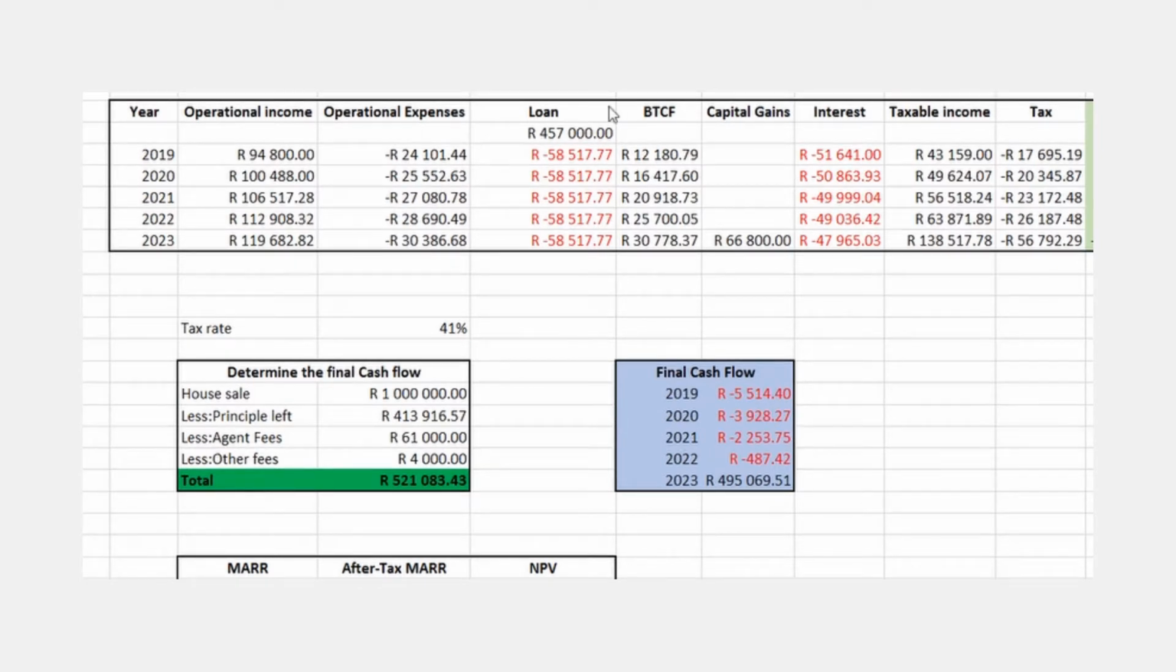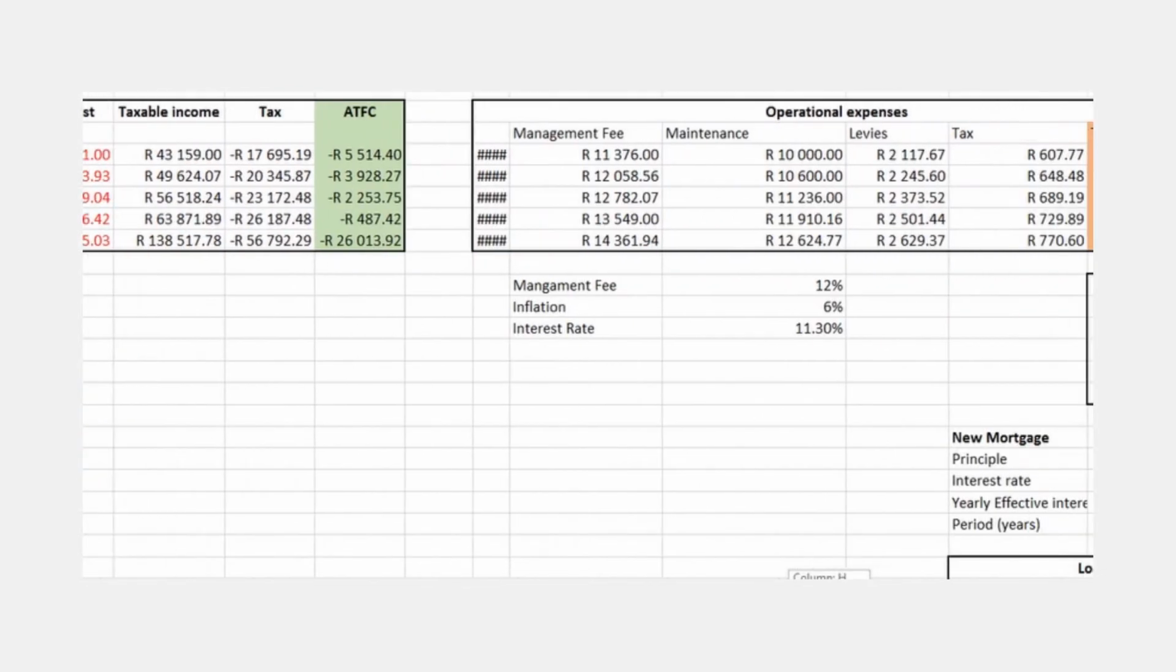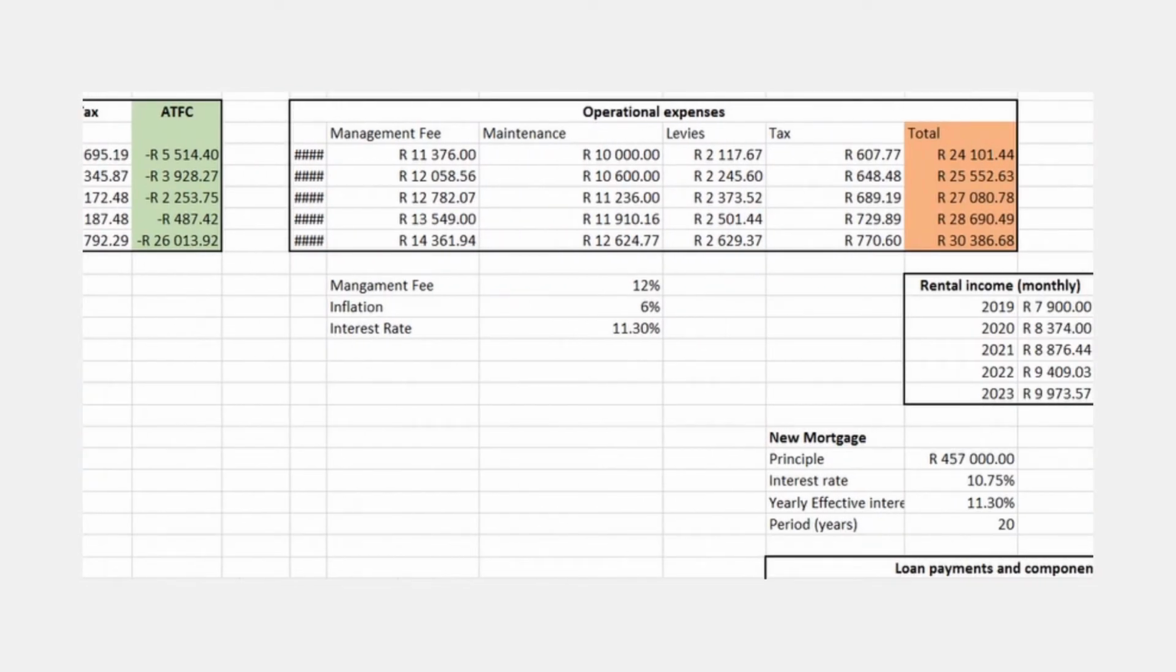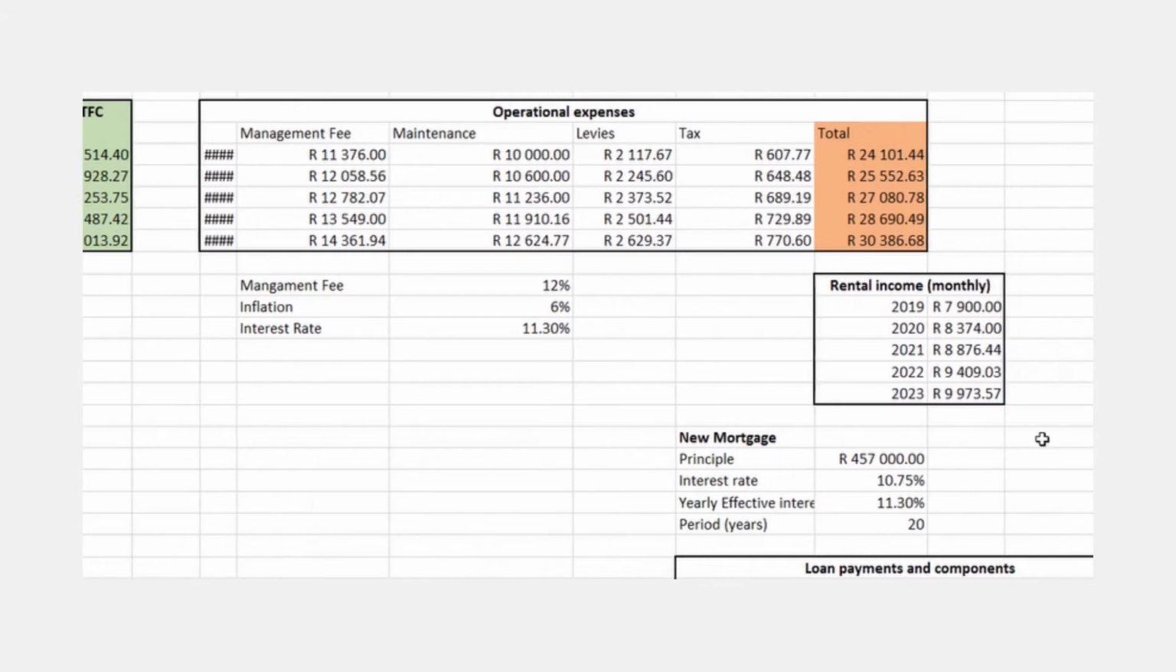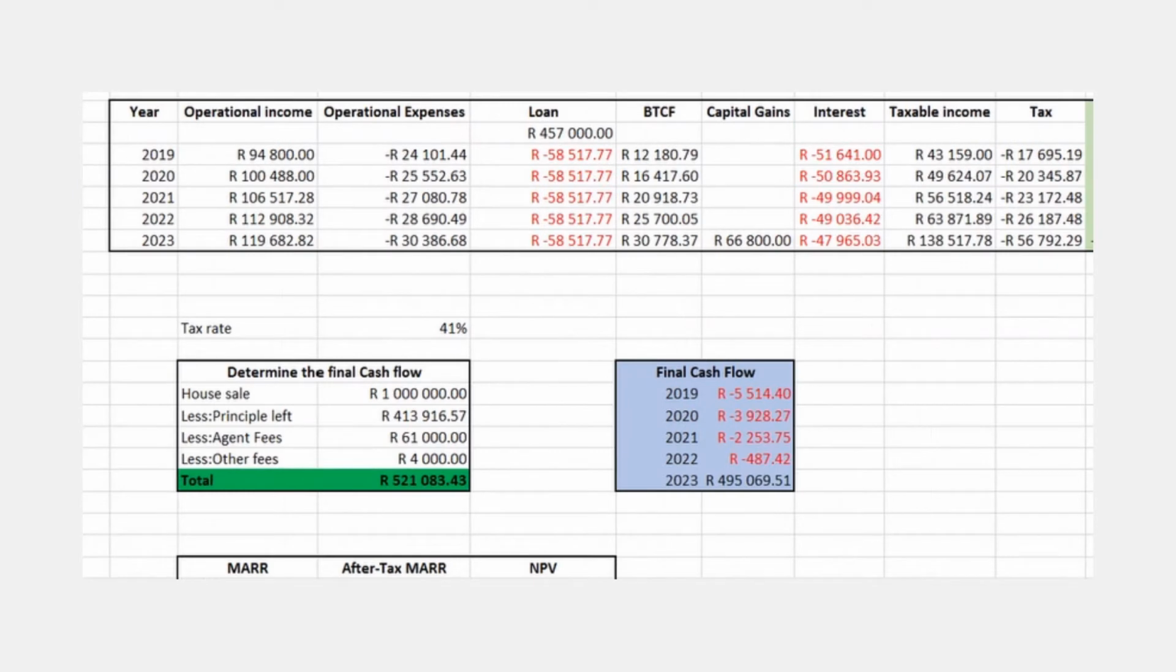So when we rent our apartment, we have to determine this operational income. And so we quite simply do that by taking the monthly rental income that is over here and multiplying that by 12. And so you can see this rate was actually just adjusted for inflation, which we assumed would be about 6% per year. And so we just adjust that every year for inflation, and then we determine our operational